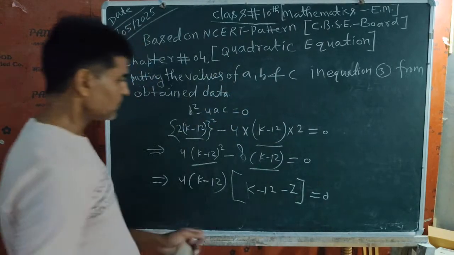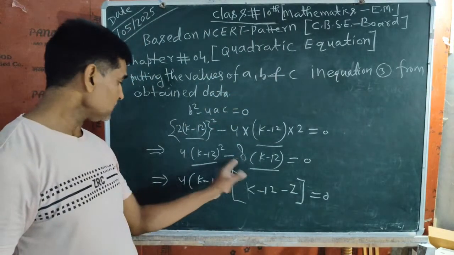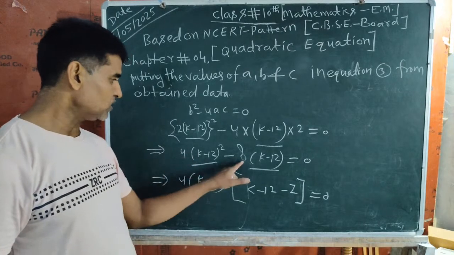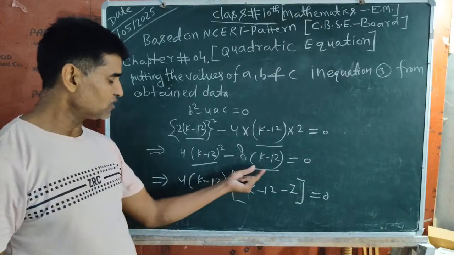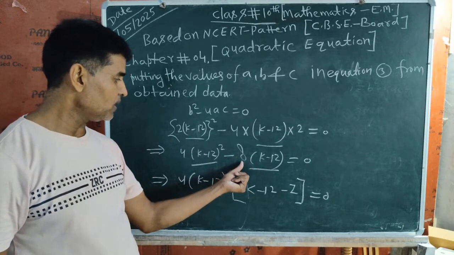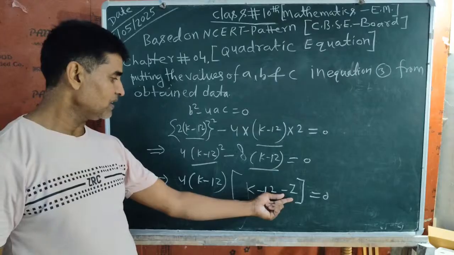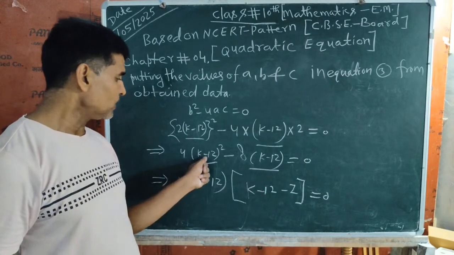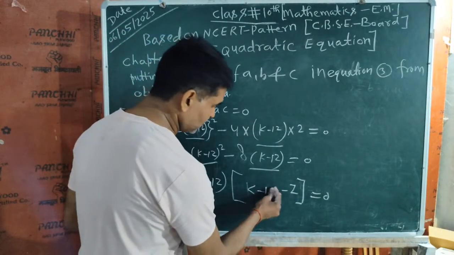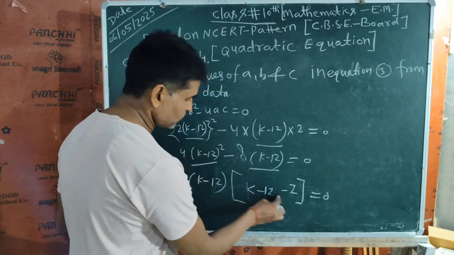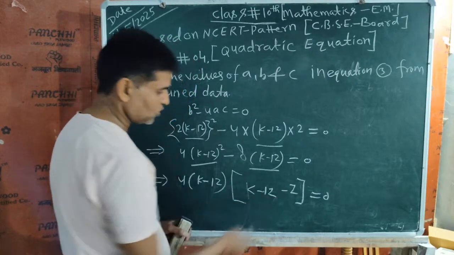Okay student, because here k minus 4 I will take outside, so here will be 2, and k minus 12 will also be outside, so I will also take it outside, so here will be minus 2. I have written here minus 2, but here k minus 12 will be present. Okay student, if you have any doubts, ask me in the comments and I will see your comment and positively